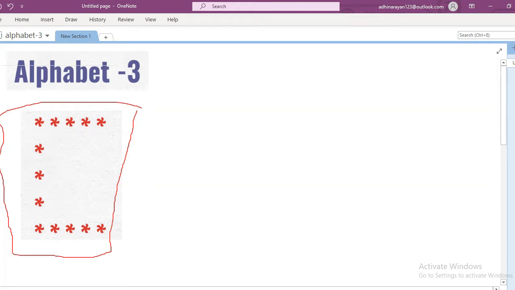That means if you enter any value, like 10, 20, 30, any value, this pattern will be printed based on that value. Okay, see, if you observe here, how many stars do we have? 1, 2, 3, 4, 5 stars. Here how many stars do we have? 1, 2, 3, 4, 5. This is row wise, this is column wise. So totally 5, and in this example I am taking 5.